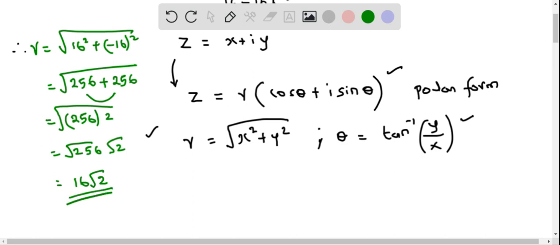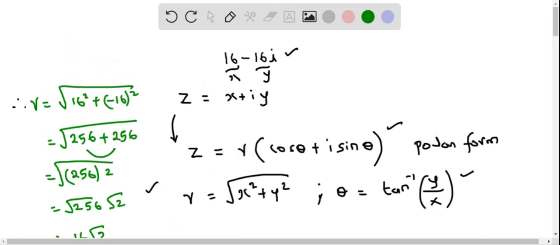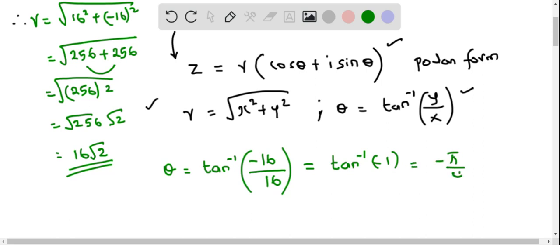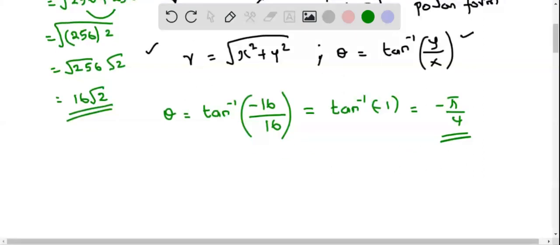Now let's determine theta using the formula, that is theta equals tan inverse of y over x. We have y equals negative 16 and x equals positive 16. So therefore this becomes tan inverse of negative 16 over 16. Negative 16 over 16 is negative 1, and tan inverse of negative 1 is negative pi by 4. So we found theta equals negative pi by 4,